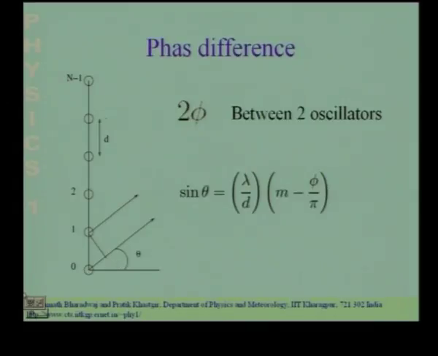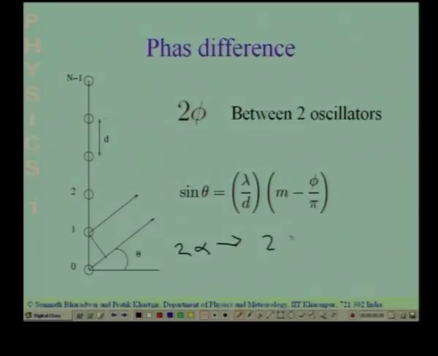So, the path difference introduces an extra phase difference of 2 alpha, which occurs due to this path difference. Now, in this situation where the oscillators are themselves oscillating with an extra phase difference, what you have to do is throughout all the expressions you have to replace 2 alpha by 2 alpha plus 2 phi. Okay. That is all that has to be done